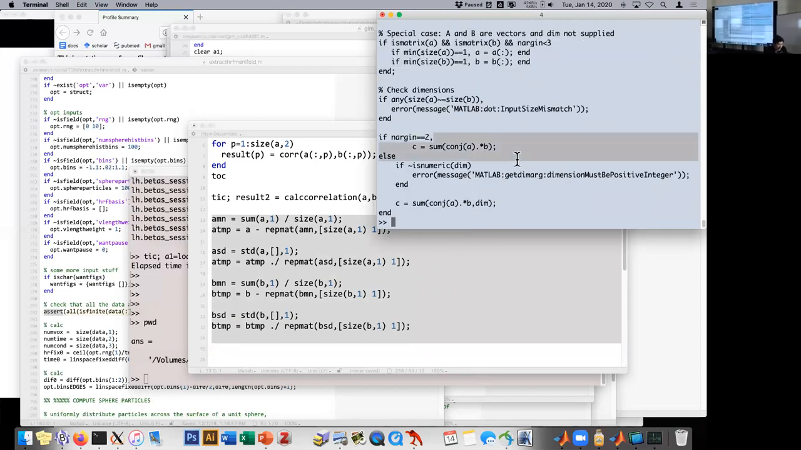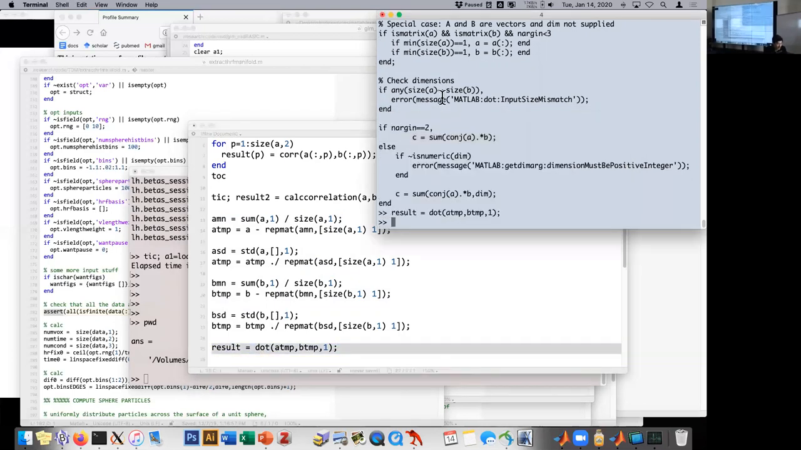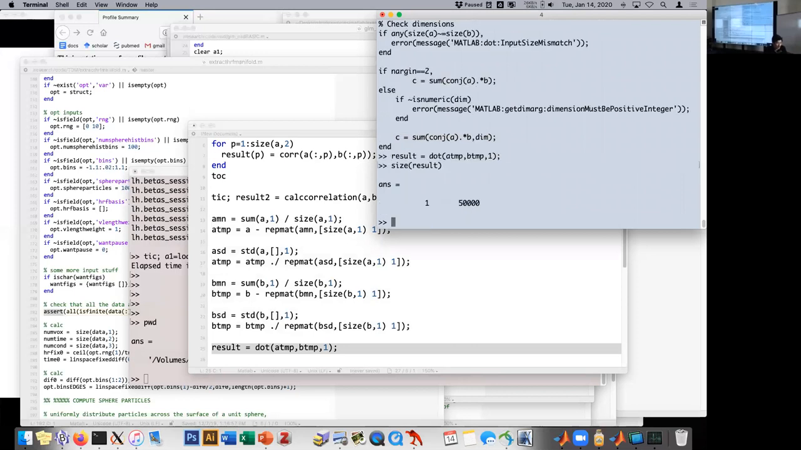So the dot product is matrix multiplication, right? If you know what's going on here. But all we have to do is say dot along the first dimension, and then we're done. Our result. But nowhere did we have to do any for looping. I don't know if that satisfied your needs, but